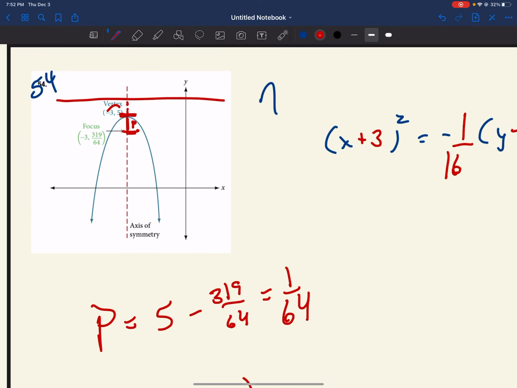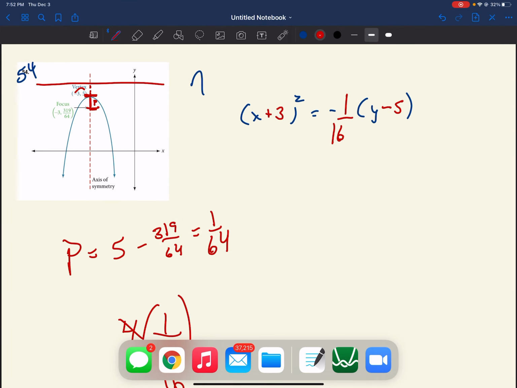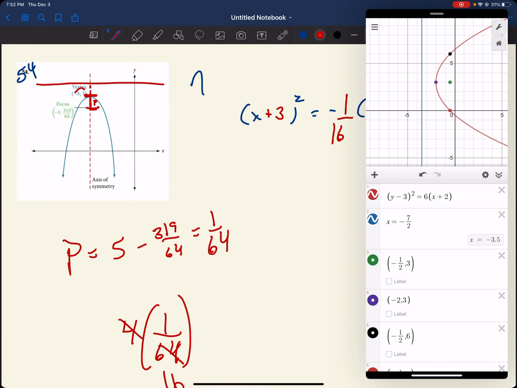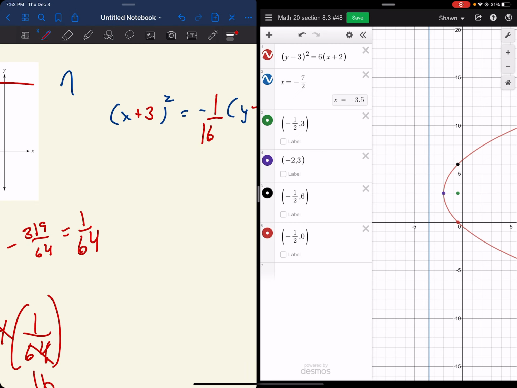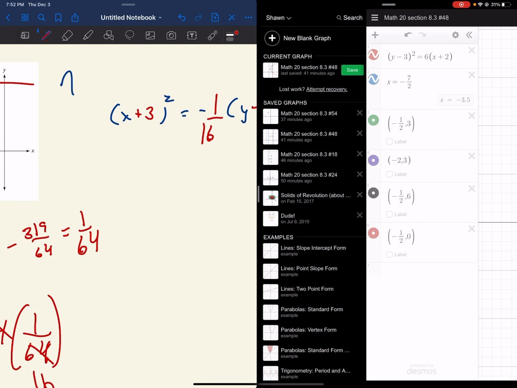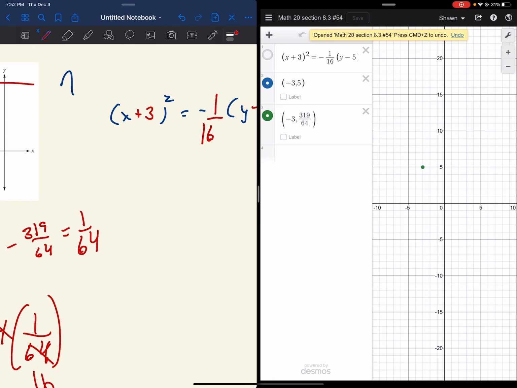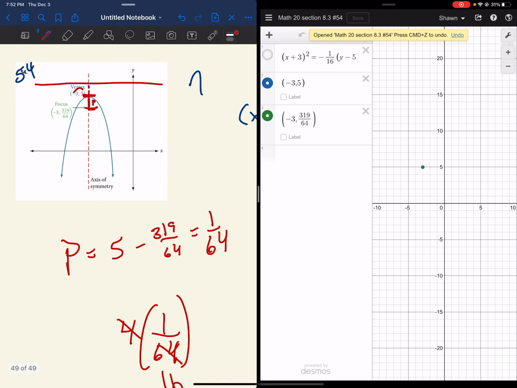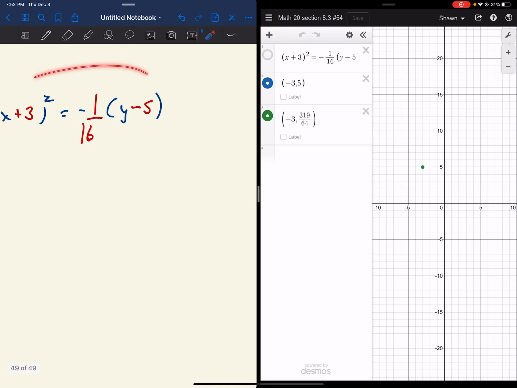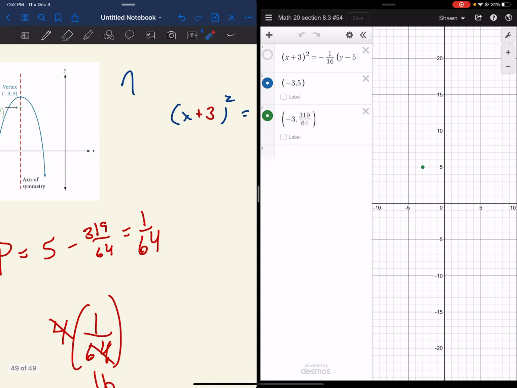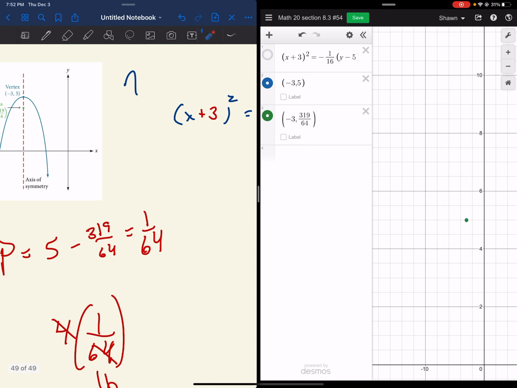This one, I kind of did this before. It was rather fun when I was writing it up. If I pull this out and put it here, and we open this one at 54, so you can see I just put the couple things that we were given on there. I graphed right here, you can see the 3, 5, and right there I graphed the focus point. That's all I had. And then I put my answer in right there. And so this is what I have, and I had to go way